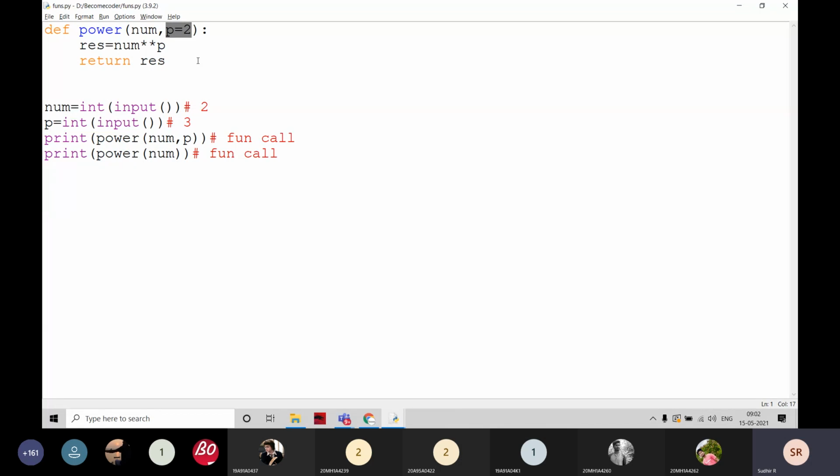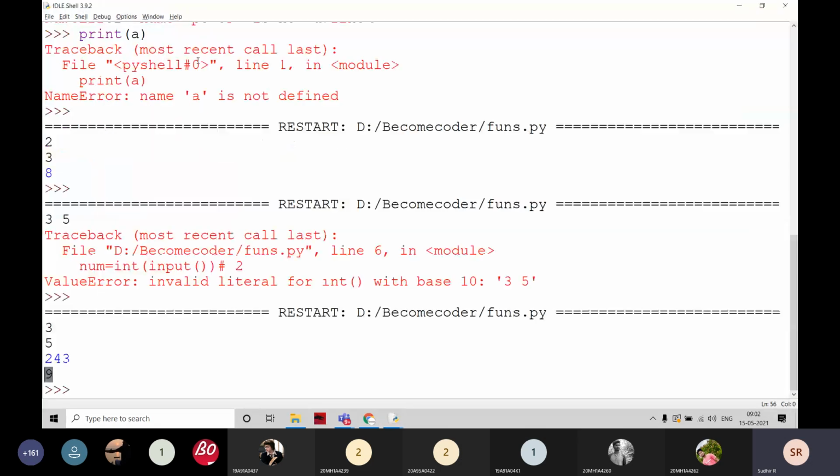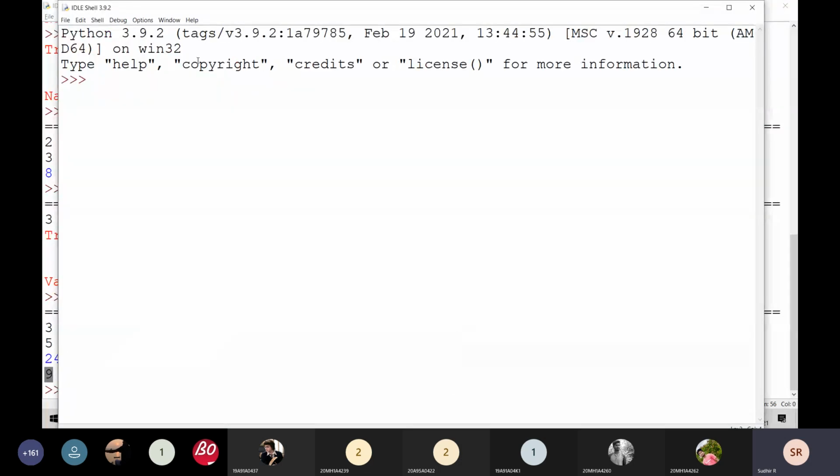Okay, whenever I tell you about functions in C or in Python, I will definitely show you how to create a header file. What is in a header file? For example, if you go for C, stdio.h and like that. Here also there are so many header files. That's why Python is more powerful than any other programming language. Why? Because there are thousands of predefined header files, and third-party header files, so many lakhs of them. The package is very high.